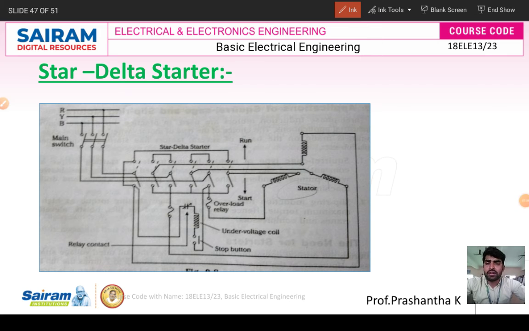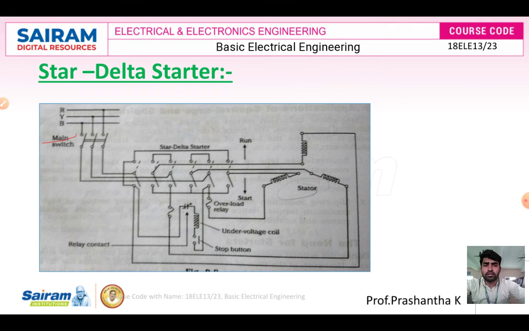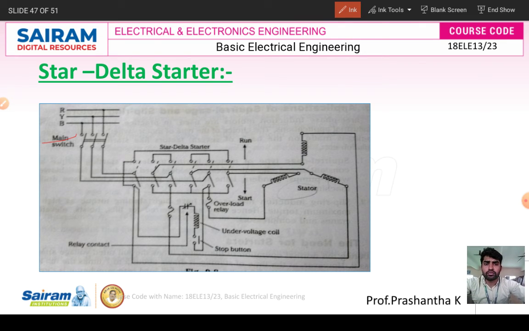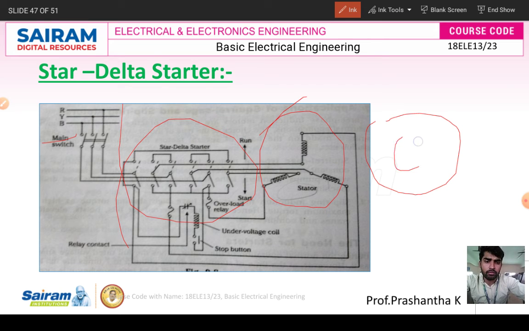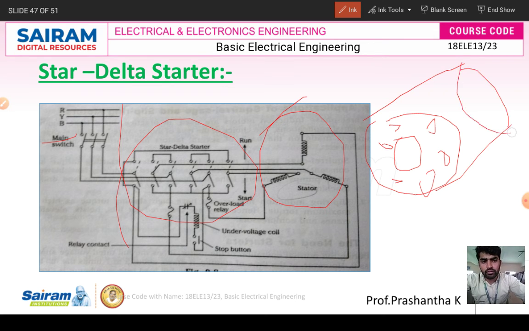So that is a star to delta starter. And this is a circuit diagram. This is a stator part. See, once again I'll show you. This is a stator part of the machine. This is a supply we are giving. Here there is a rotor present, okay. Just draw one diagram like this: rotor, bar conductor, or rotor for the induction motor. This is a squirrel cage induction motor. You can draw it like this, don't get confused. This is a rotor; only the stator we mentioned here. So the rotor is also present.